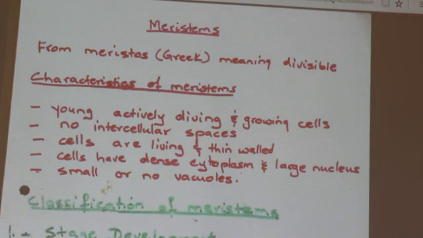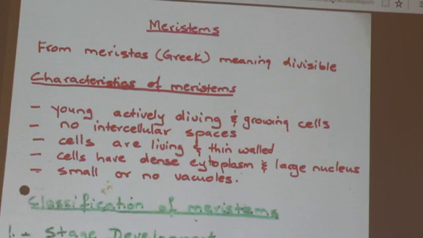When these two come together in a process we call fertilization, we then get the embryo, and in a process we call double fertilization, the other sperm fertilizes the polar nucleus to give us the endosperm, or the food of